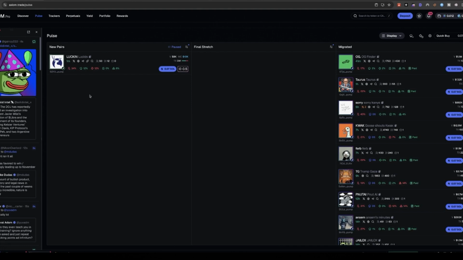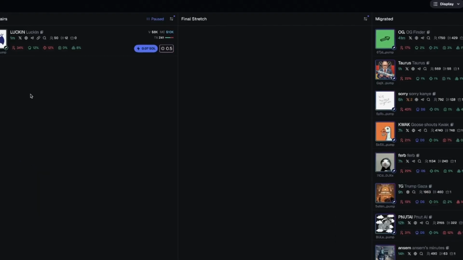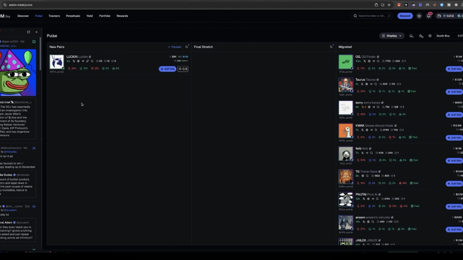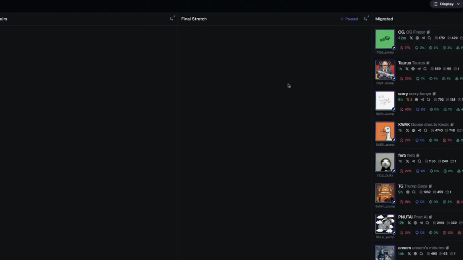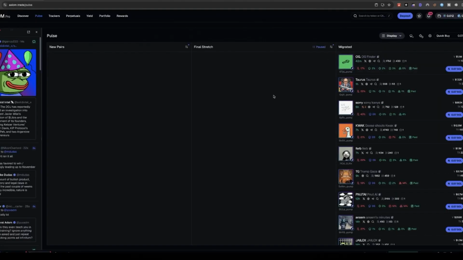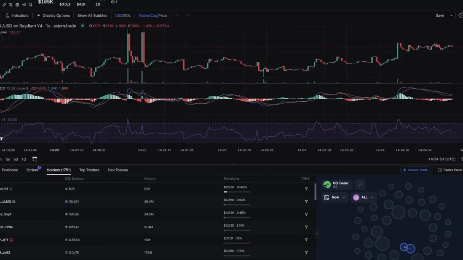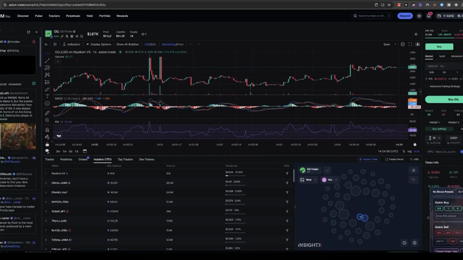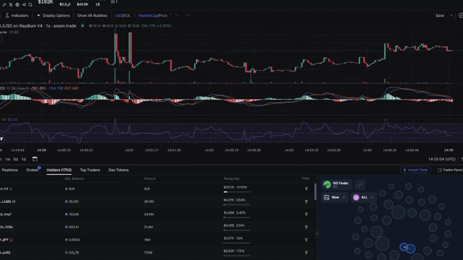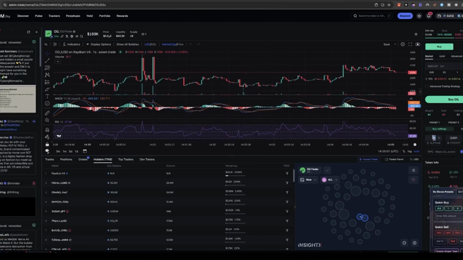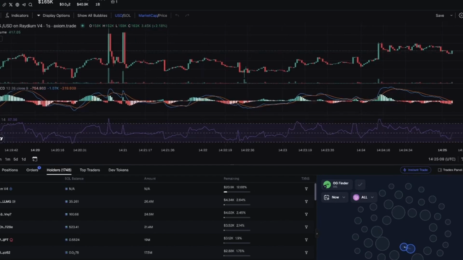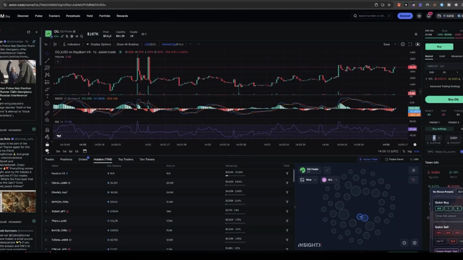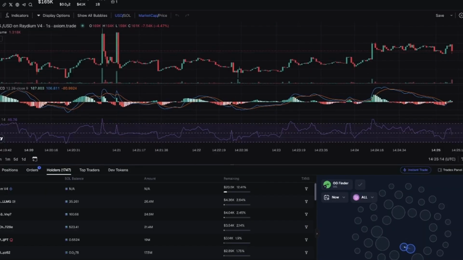But you're not going to be finding tokens every half an hour that are going to go to parabolic levels and migrate. What you just need to look for, with this strategy specifically, is the 2x's when you're trading. If there's a lot of volume, then you want to have a high slippage, usually over 20%, but if there's not enough volume, you want to be making sure that your slippage is at the lowest amount. Now you can put it to 10% sometimes, if the price isn't moving too much, but I've been finding that 15% slippage